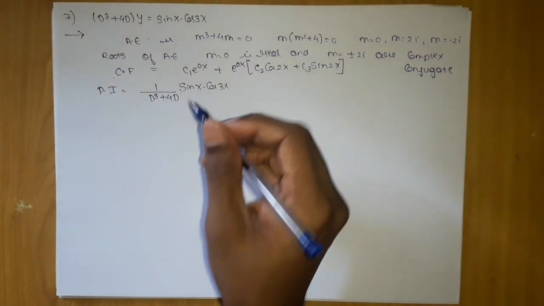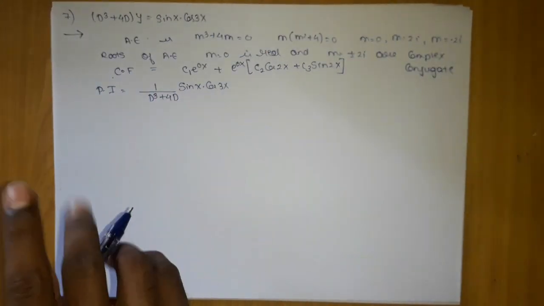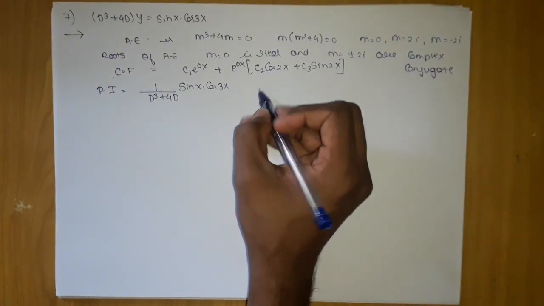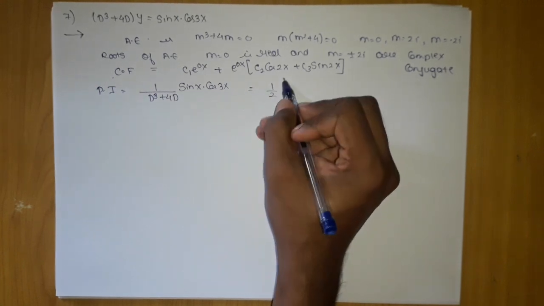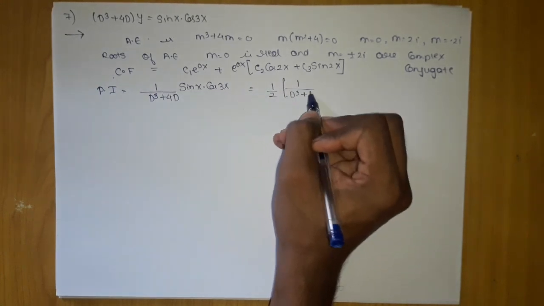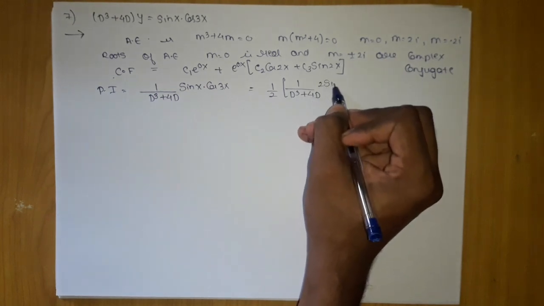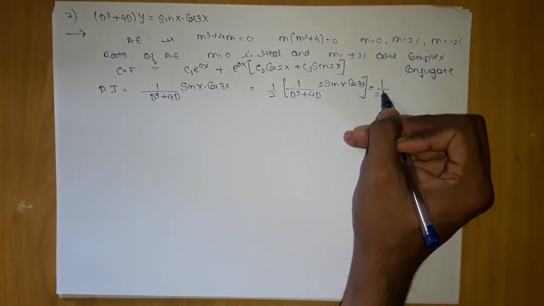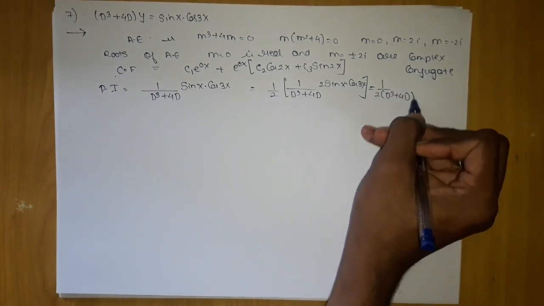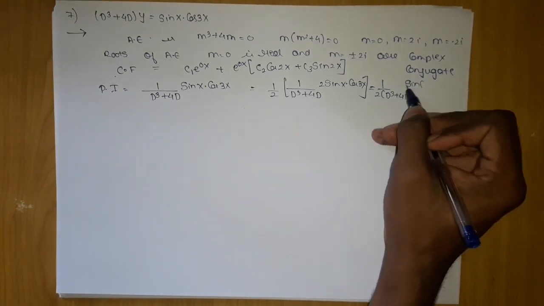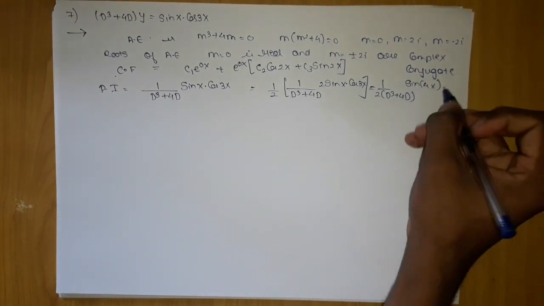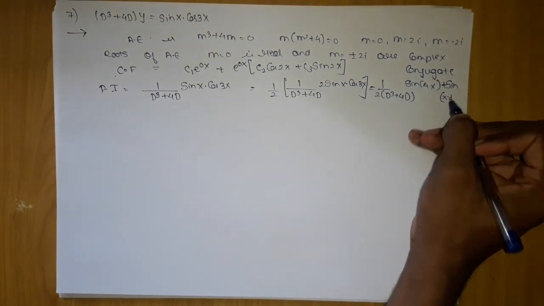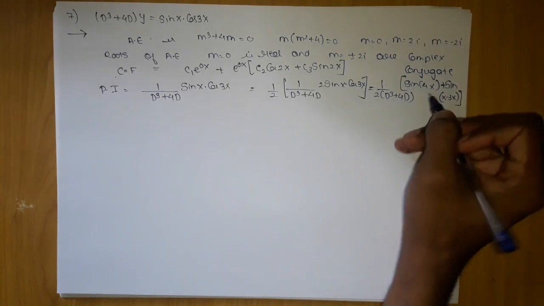So if we multiply and divide, we are going to get sin a plus b plus sin a minus b. So let's try to get them. We will take the 2 outside, which will give me 1 by d cube plus 4d. Here it will be 2 sin x into cos 3x. If we simplify, we are going to get 2 into d cube plus 4d. Here it will be sin a plus b, which will be what, 4x, and plus sin, we are going to write it here, x minus 3x. So we are getting this thing.